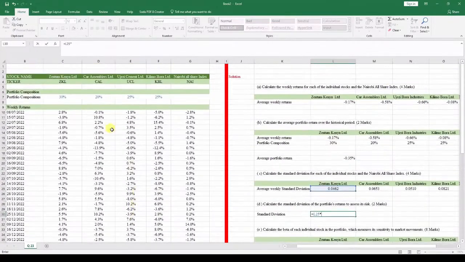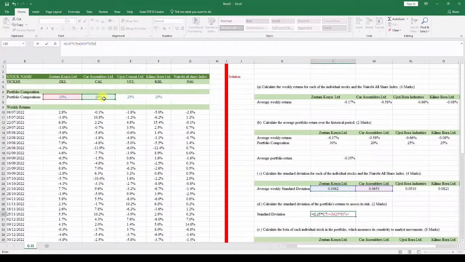We can use that, or we can even use this portfolio composition right over here. So we close the bracket and we open another one over here so that it can pick the values the way we want them. Then we add the standard deviation over here. I forgot to open the brackets, so we open it right above over here. You can see it on the formula bar here. So we open the brackets there, and then we multiply that with Car Assemblers,